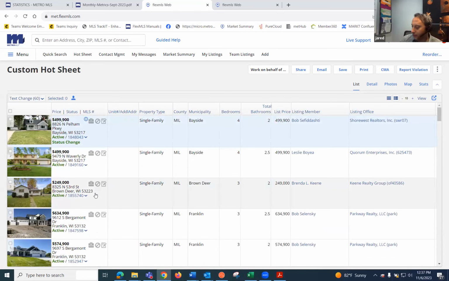The last thing I wanted to show you today, and this is one of those things that is very underutilized in the system, but it makes you look like a rock star to your seller, and it's kind of a set it and forget it sort of thing. So I'm just going to pretend that I am the listing agent for this Waverly Drive property in Bayside. And I'm going to use that little black drop down. When I hover over it, it says additional actions. So by selecting that drop down,